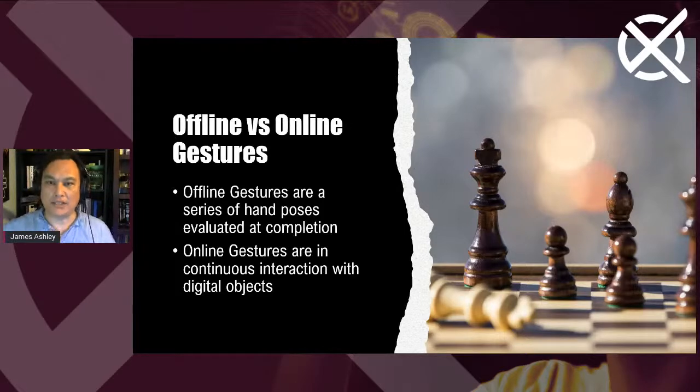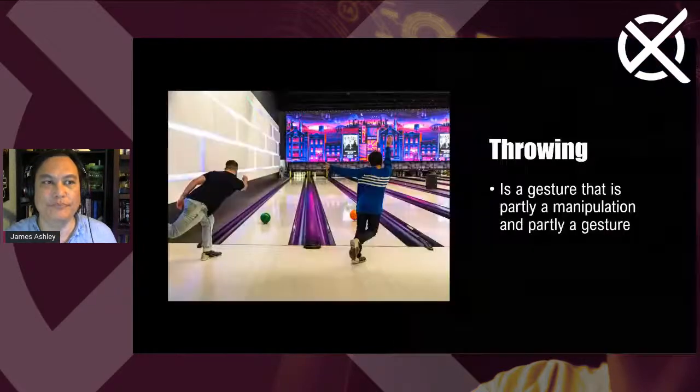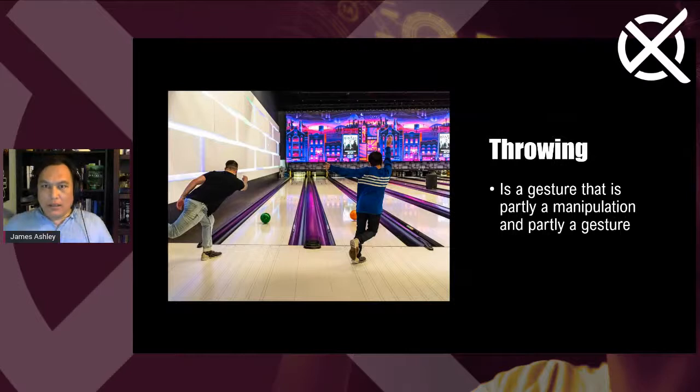On the other hand, an online gesture, for instance, dragging objects across the screen or dragging objects from one thing to another, is an online gesture because the underlying system has to be aware of where your finger is on a screen or where your hand is in front of you in volumetric space for the entire time. One of the interesting things is because there's this essential difference between online and offline gestures, and people tend to be beholden to them and use the controls that are built into operating systems to do one or the other, certain tasks